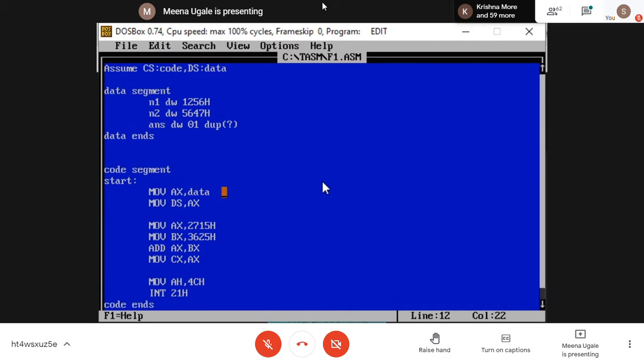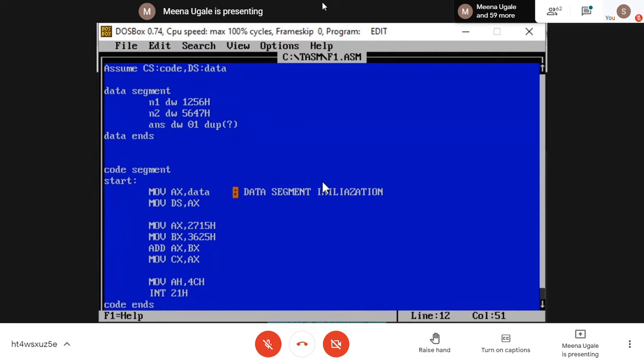These two lines I am writing for data segment initialization.